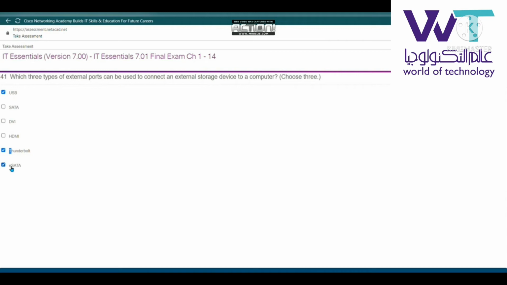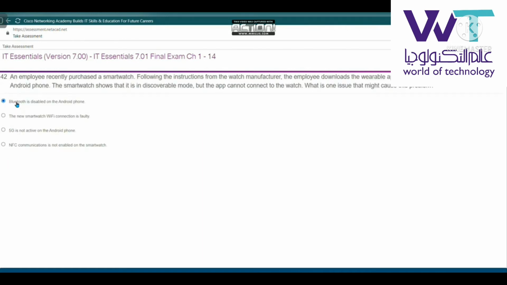Which 3 types of external ports can be used to connect an external storage device to a computer؟ Choose 3. هيبقى ال USB والثاندربولت وال SATA، أو external SATA. اللي بعده